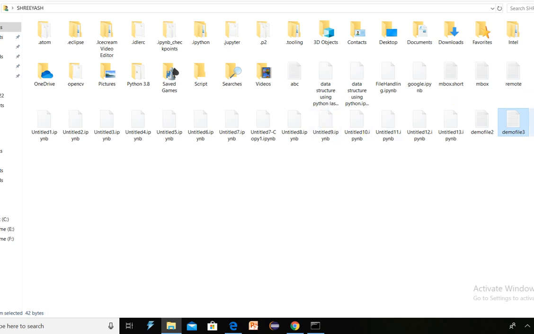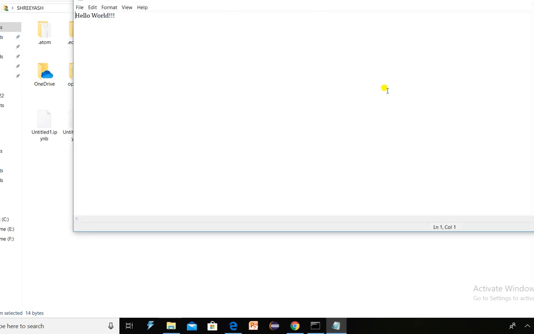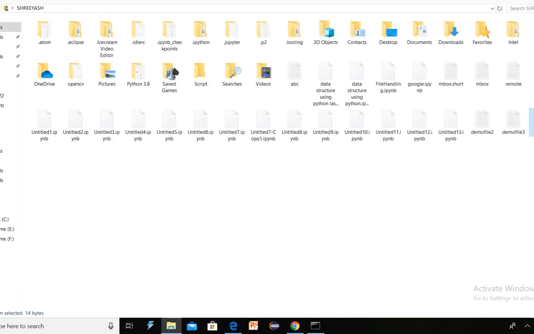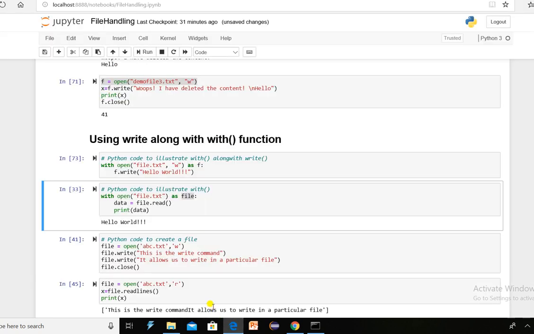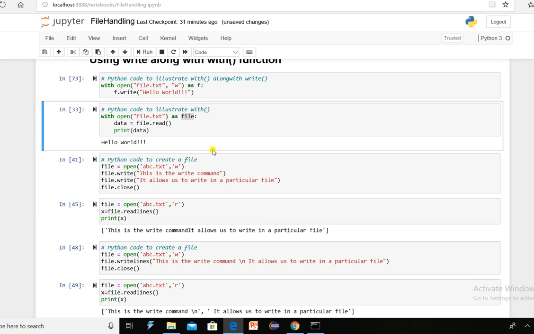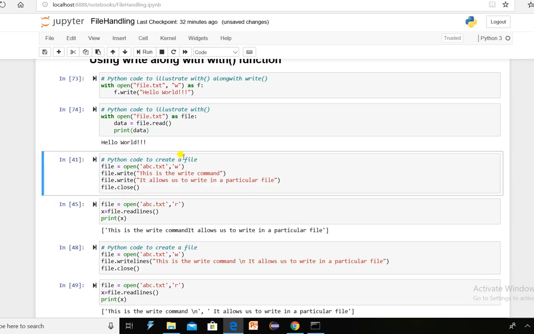So here it is, hello world will get written in a file. Then next, you are reading the contents with the same method, and hello world will get displayed on the screen.